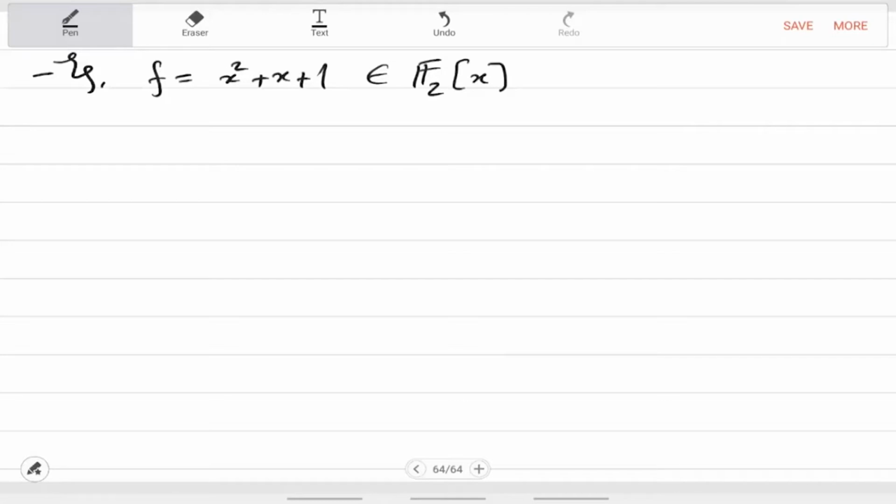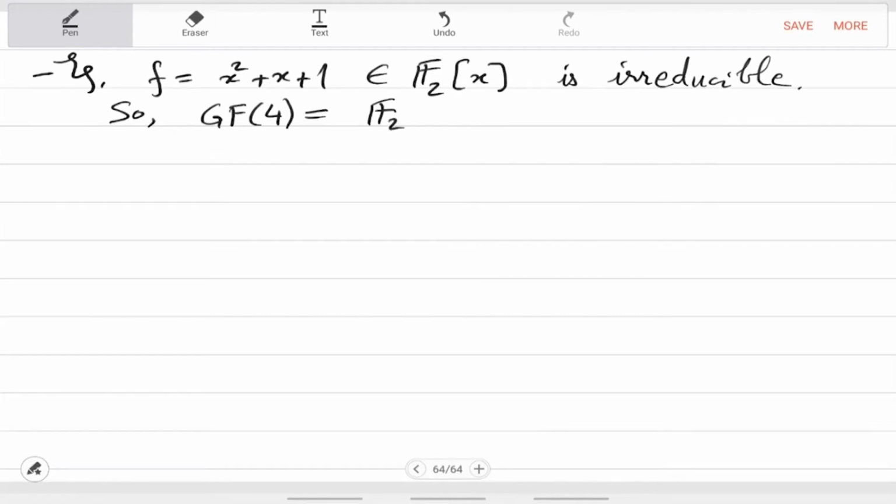So this is an irreducible polynomial. So that gives you a simple quadratic extension over F_2. So GF(4) you can think of as just F_2[x] mod this. So this is the field GF(4),